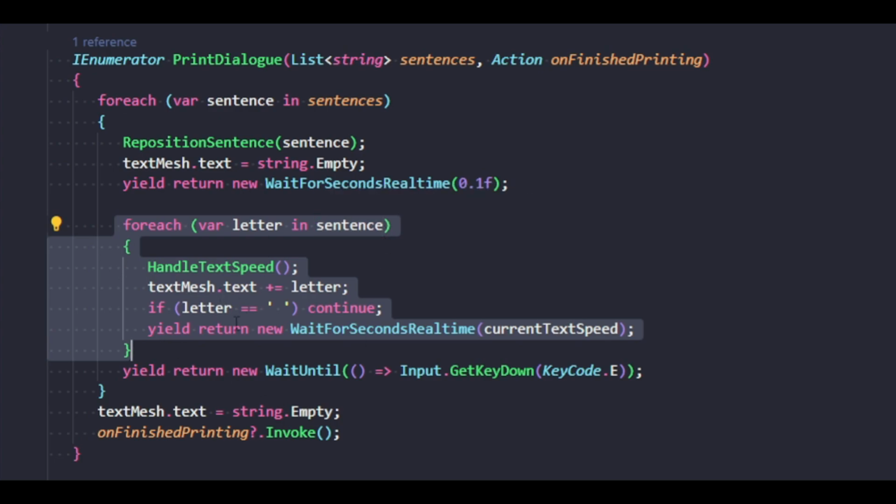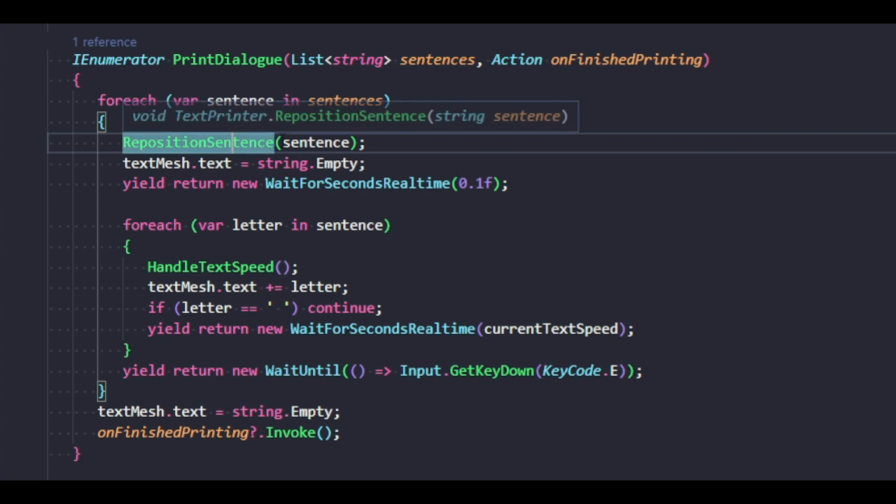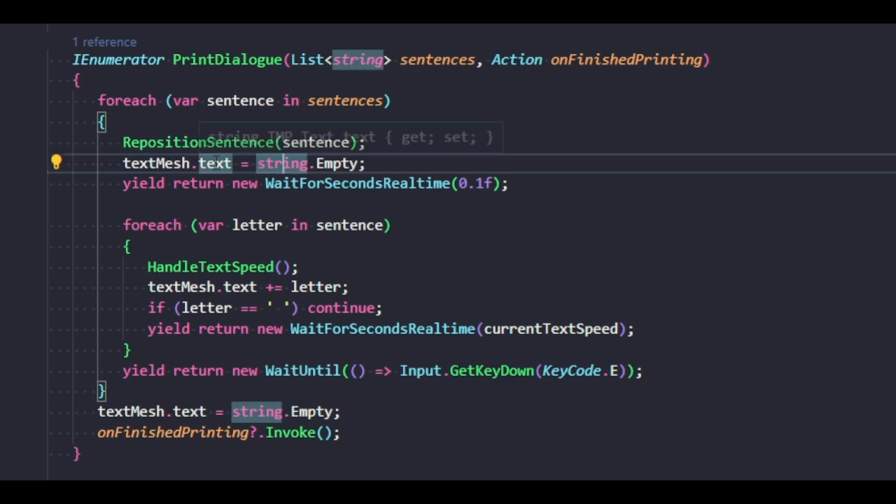And then once that's done, we will go back to the next iteration on the next sentence. Okay, but let's go through line by line. The RepositionSentence method here, I will get into later. All that does is make sure that the text always prints from the right space on the screen and adjusts for the length of the text, but we'll get to that later. So what do we do? We say textmesh.text equals string.empty, so we clear the text first, then we wait for 0.1 seconds,